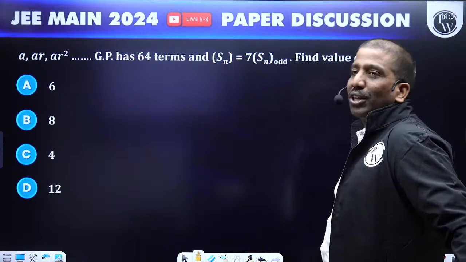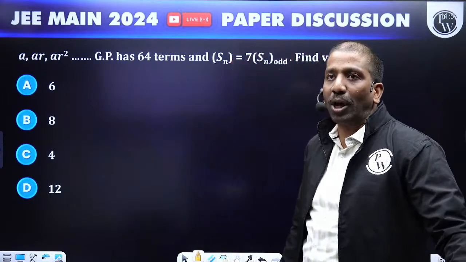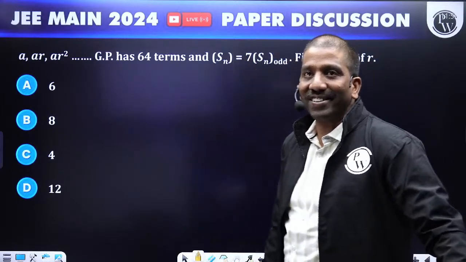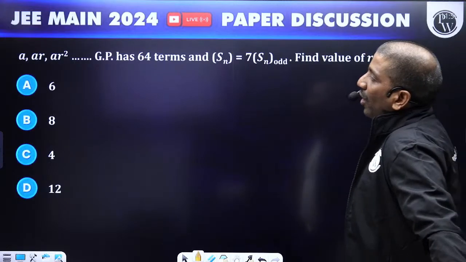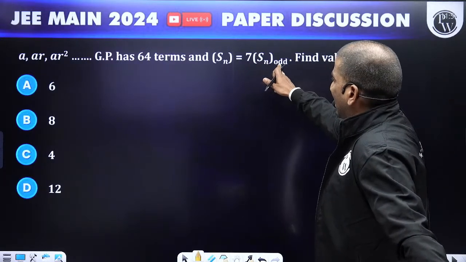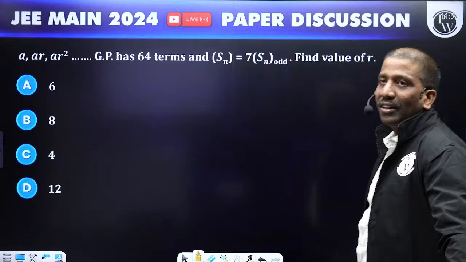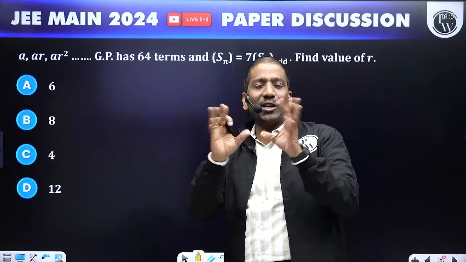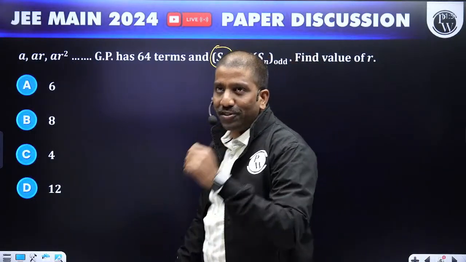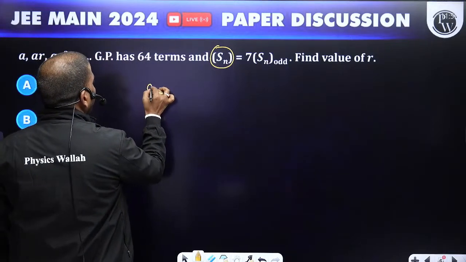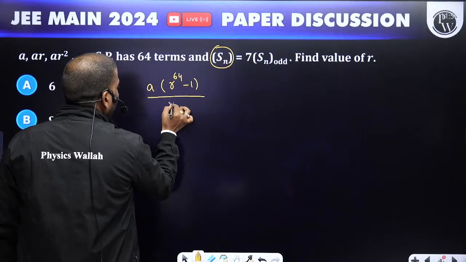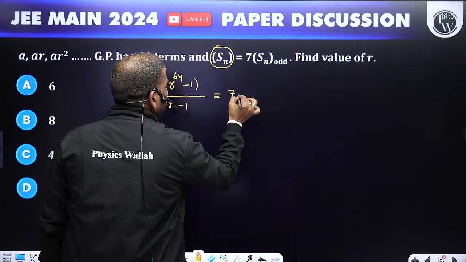Next question from another one of our favorite chapters, sequences and series. A GP has 64 terms, and the sum of all terms is 7 times the sum of only the odd terms. Find the value of R. Simple, direct formula. The sum of n terms of a GP series is A times R to the power 64 minus 1 by R minus 1, which is equal to 7 times